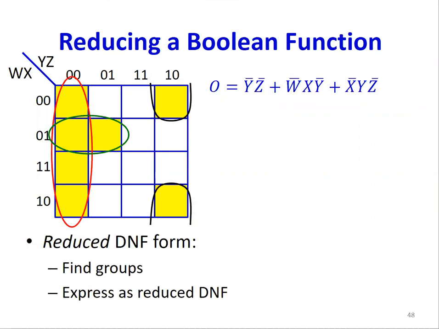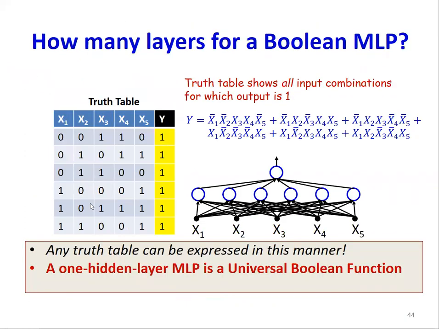How? I can group these 4 guys. And if you group these 4 guys, what you're observing is because all 4 of these are highlighted, it means that it doesn't matter what W and X are, so long as Y and Z are 0, 0, the output is always 1. That's a disjunctive normal form, which has this form, which is basically the ORs of ANDs. This is a DNF formula. Make sense?